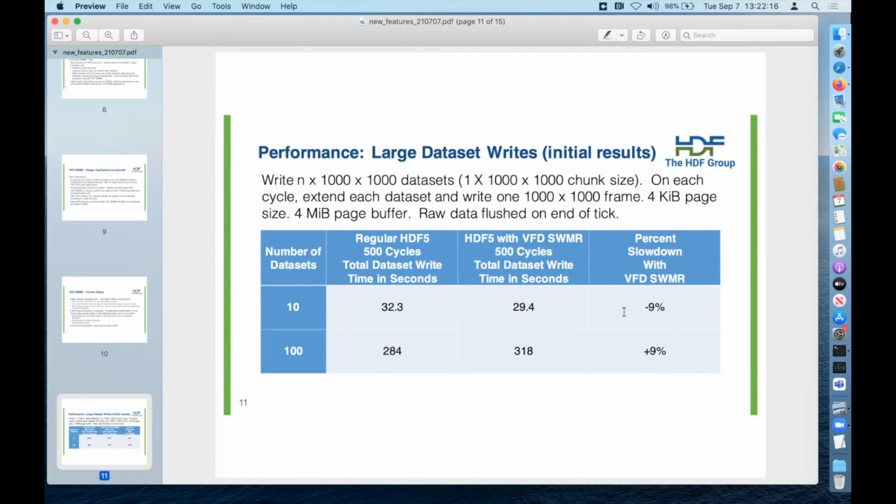The idea was we're saving frames from some sort of detector to a data set. We set it up with 1 by 1,000 chunks, and we were cycling through the data sets. On each cycle, we were extending the data set by 1 chunk and adding 1 frame. We're using a 4 kilobyte page size and a 4 megabyte page buffer with raw data flushed at the end